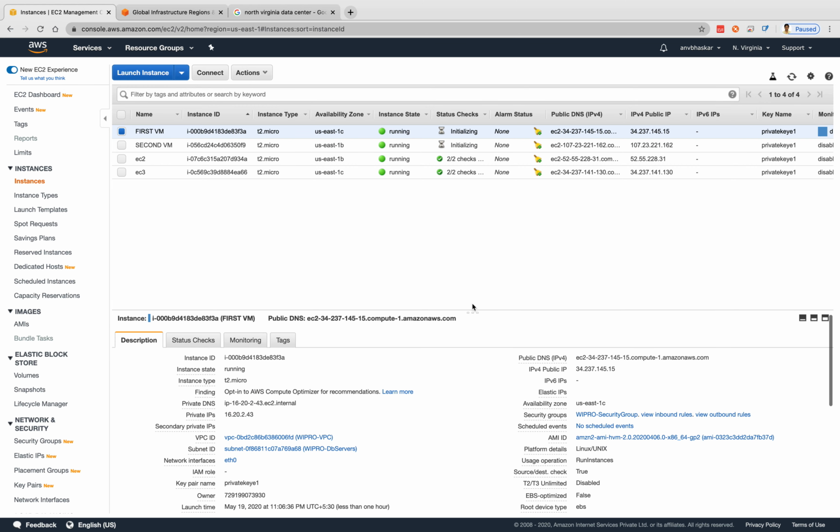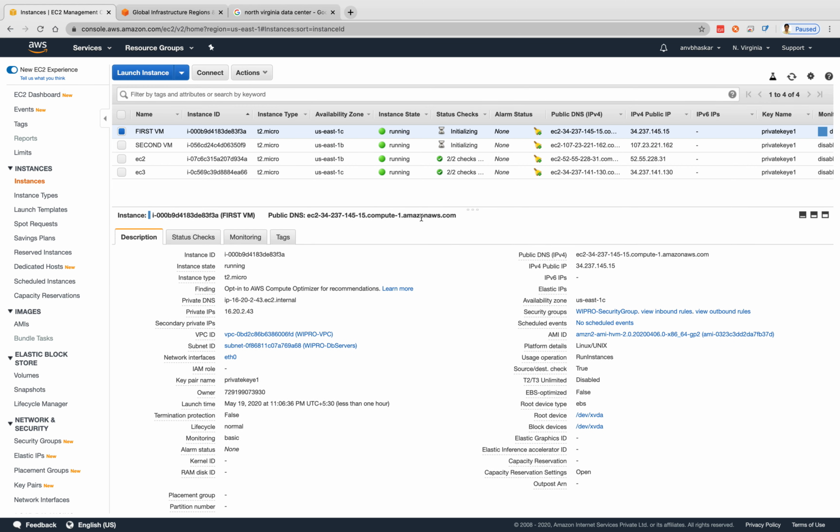If you see down here, we have the DNS names. I already explained, either you need to log in with your username and IP, or you can use the DNS host names. This is why we are giving it. This is my public IP given by AWS for this particular instance. And if you see here the private IP, it is allocated in this range. Just go and check whether it is in this range or not. First VM.